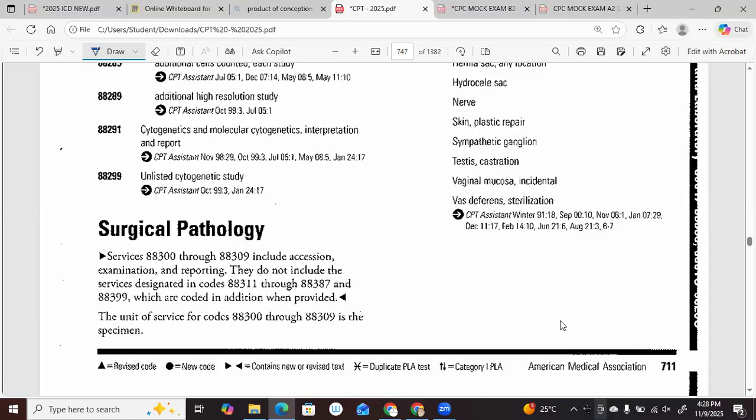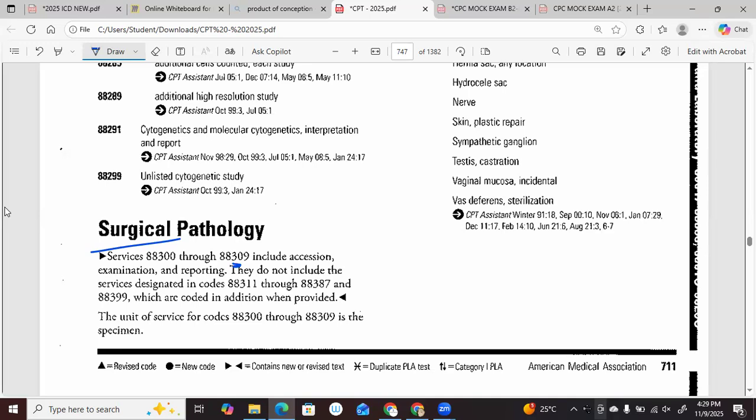Okay, here we go. Surgical pathology. The surgical pathology code needs to be used whenever we are doing pathology on the surgical specimen. Let's say there is a surgery, and after surgery, we got the specimen and we are doing the pathology on that. In those cases, we have to use a code from 88300 to